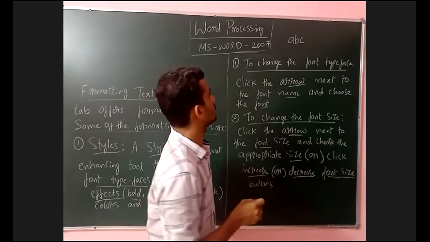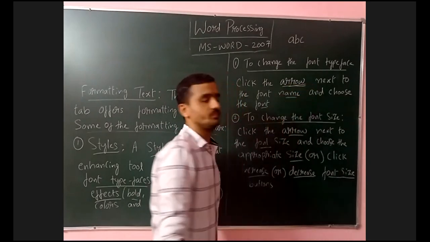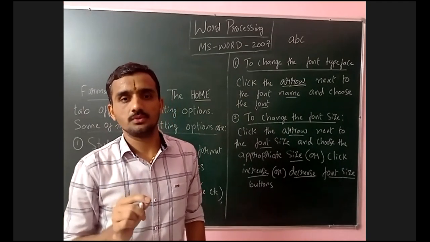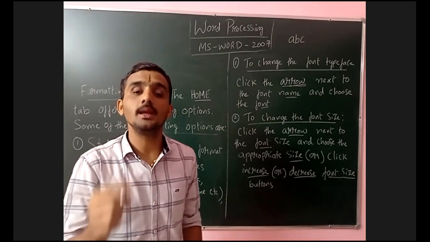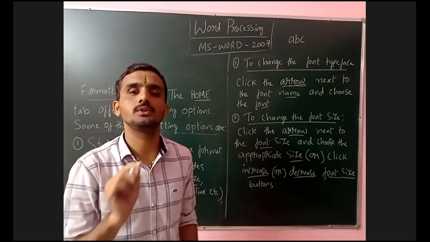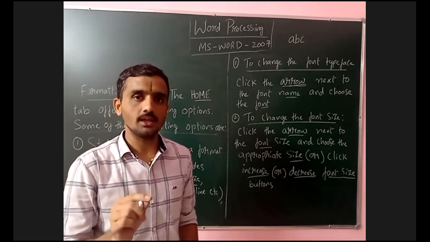So to apply this option, what we have to do? Click the arrow next to the font name. I have to click the arrow. It will provide the options for you. It will provide the font typeface options, that is font typeface names. Those are the font names. We have to select one of the names. Once you select that name, that particular style is applied on